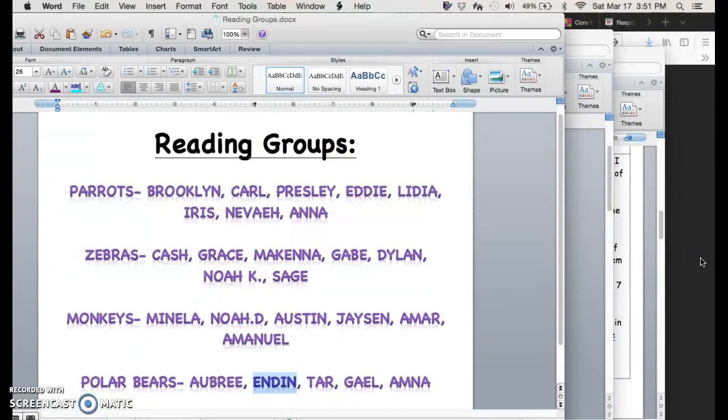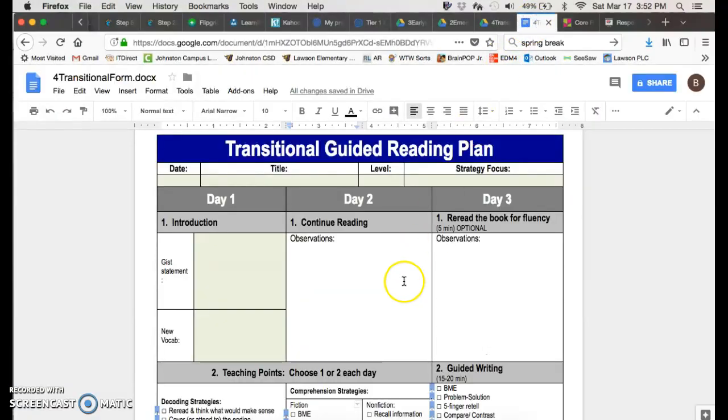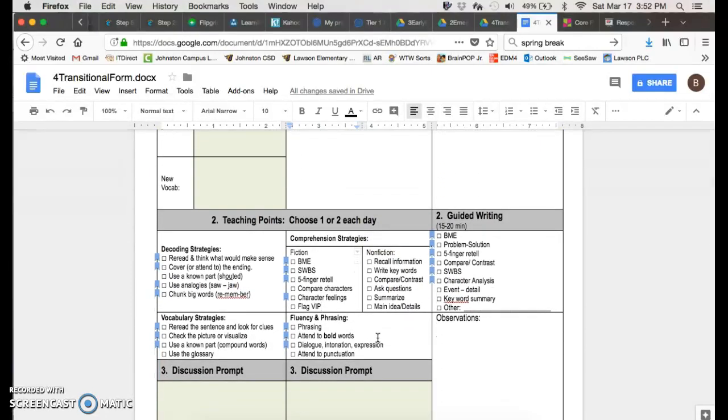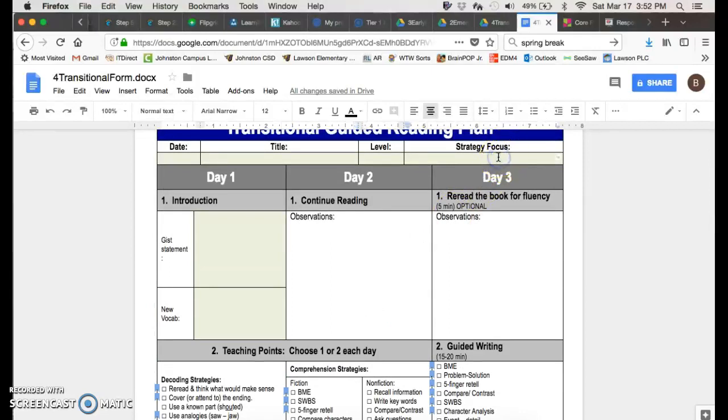So now that I know that I'm looking at the character traits, and yours again will be a different need, I'm going to look at the resources that I have through Jan Richardson, and I'm going to go to her yellow book and see the modules at the end of the book that are really scaffolded really nicely for the activities I should be doing for students at each level. And for this strategy, determining character traits,